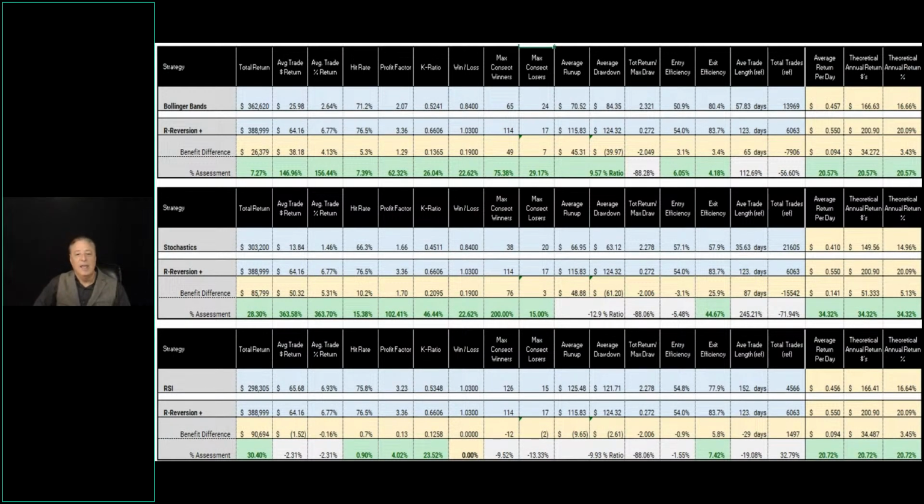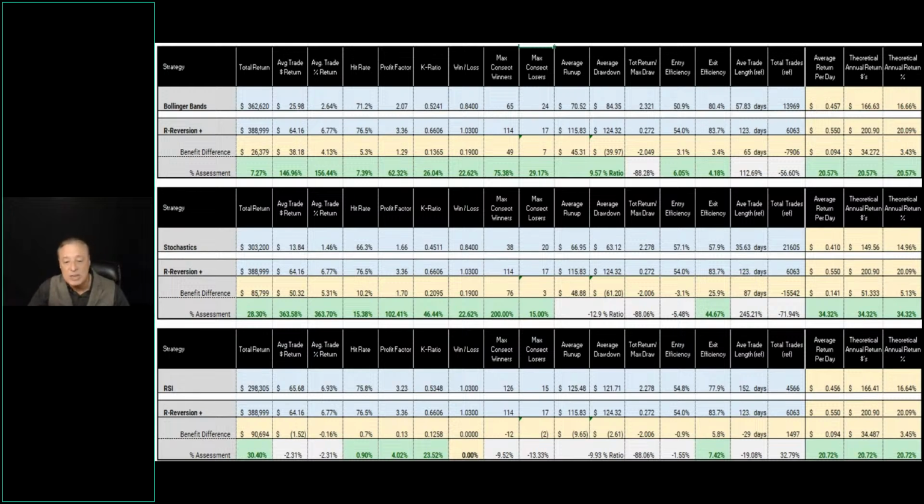We tested it. This table shows the comparative results with various performance metrics between R reversion, Bollinger Bands, stochastics, and RSI, using each indicator's most common buy-sell signal with its standard parameters on every stock in the S&P 500 at the time of the study, over a 10-year period from 2014 through 2023. With R reversion, you simply bought when price touched the lower band and sold when price touched the upper band. It was that simple and there was no ambiguity.